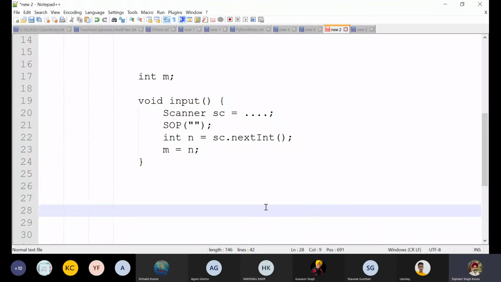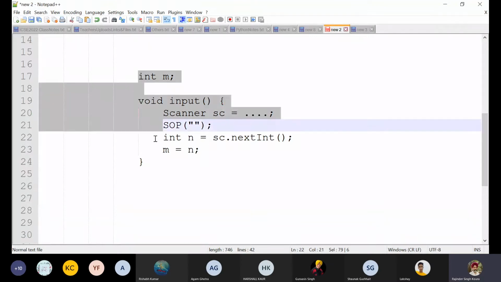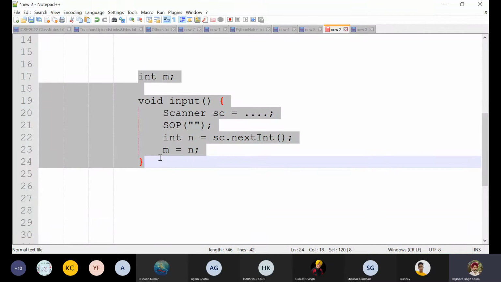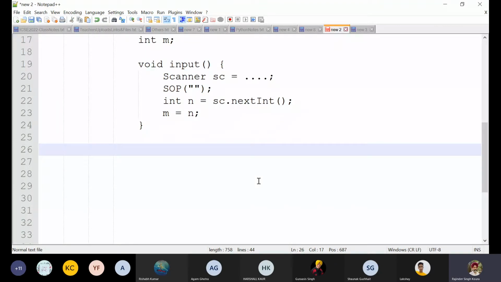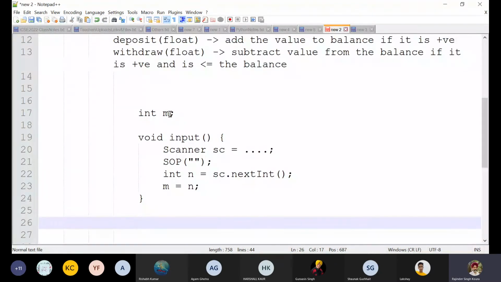Okay, so this is kind of the program that you will be creating for the class. Same system we are going to use here now. Now, when I create the input method, you know that I have